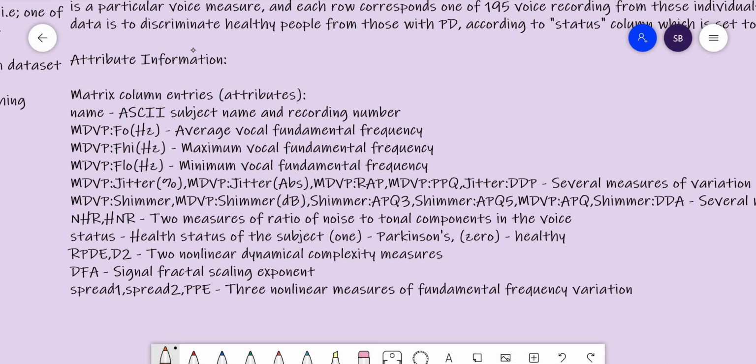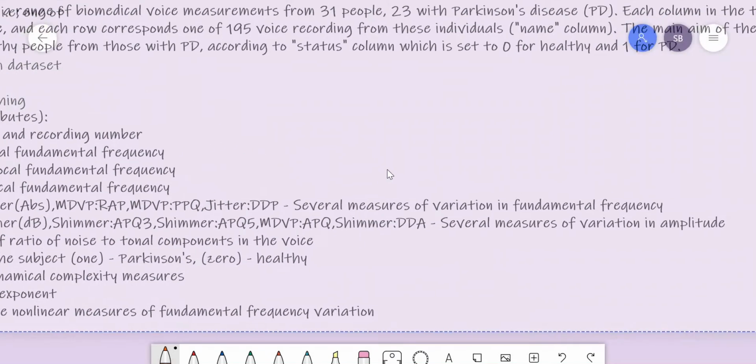We're having something called MDVP jitter percentage, jitter ABS, MDVP RAP and MDVP PPQ, and all these are several measures of variation in fundamental frequencies of the given patient.